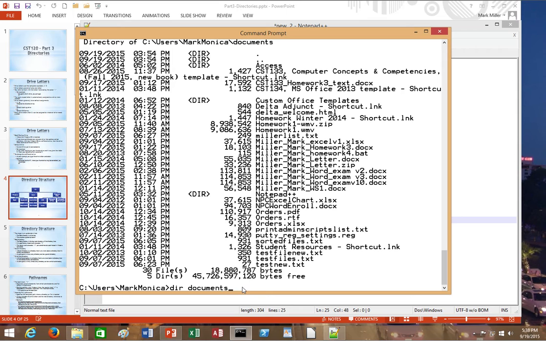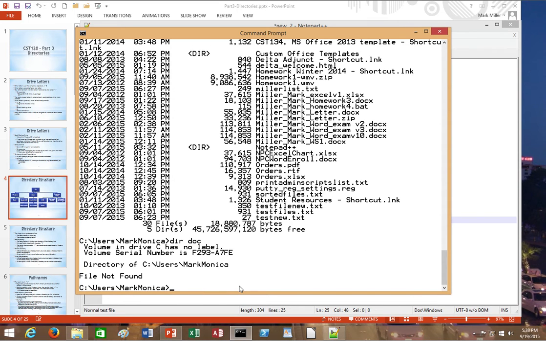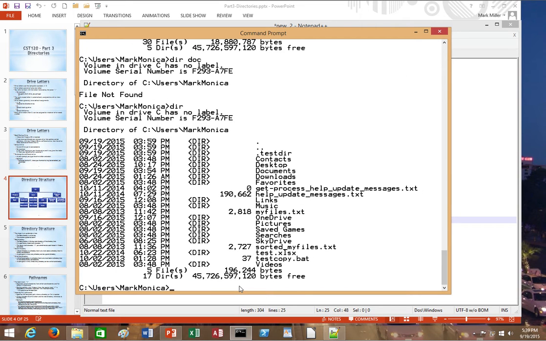So the command line is going to look for documents where I'm currently located. If I had simply said something like dir doc, it's going to look for something called doc, and it can't find doc. Now, what happens if instead of a directory name I simply give it a file name? Well, let me see what files I have here. If I say dir test copy.bat,